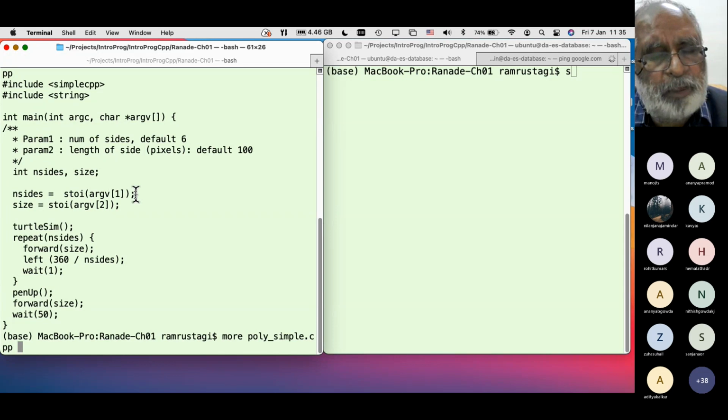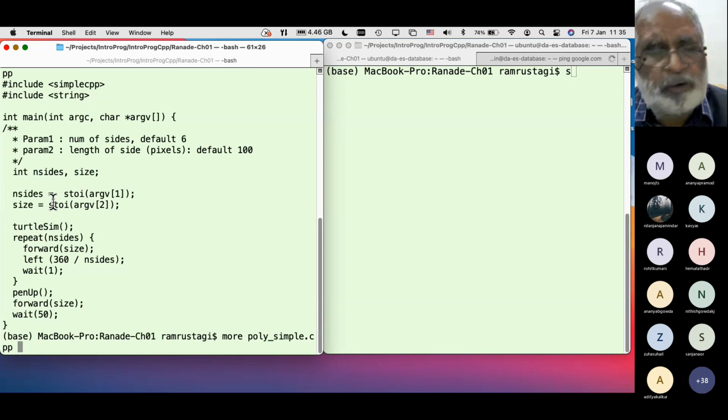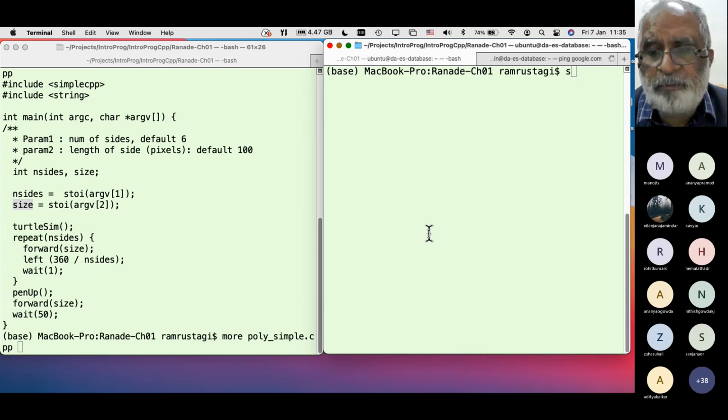Whatever the first parameter we pass when we run the program becomes the number of sides, and the second parameter becomes the length of the side. Then I'm saying repeat that many sides: forward, turn left by the angle, and display. Now let me run the program.